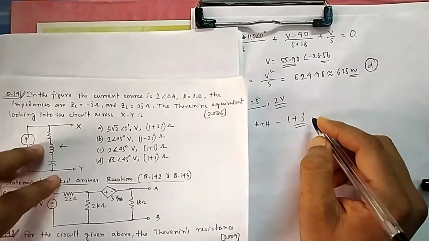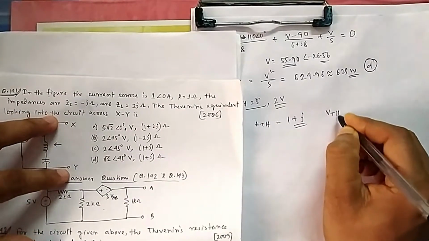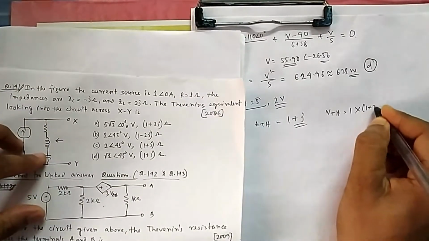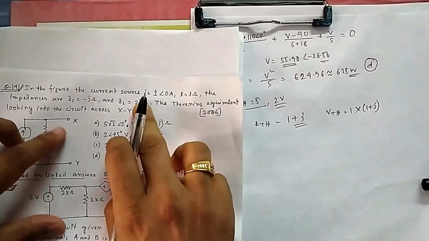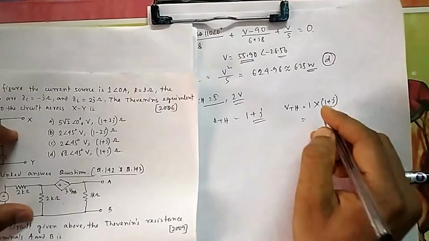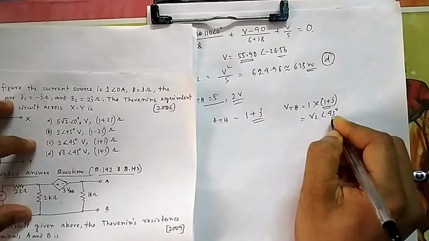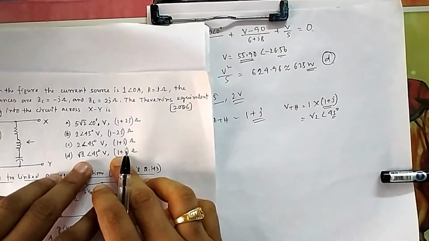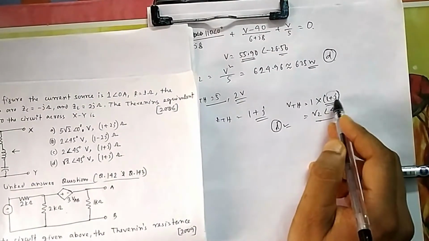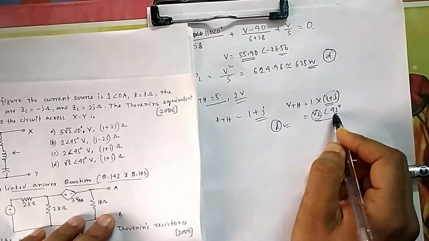Okay, now what is the voltage here? The current is flowing this much, so VTH will be, if you look from this side, this current 1 multiplied by this impedance, that is 1 plus J. 1 plus 2J minus J, so 1 plus J. So this is how much? This you should know. This is 1 plus J, magnitude root 2, and because the real and imaginary parts are the same, the angle is 45. So root 2 angle 45. So this one is the answer, obviously D. By seeing only, no need to calculate also. This is very simple. For 1 plus J, it will be root 2 magnitude, and that angle is always 45.